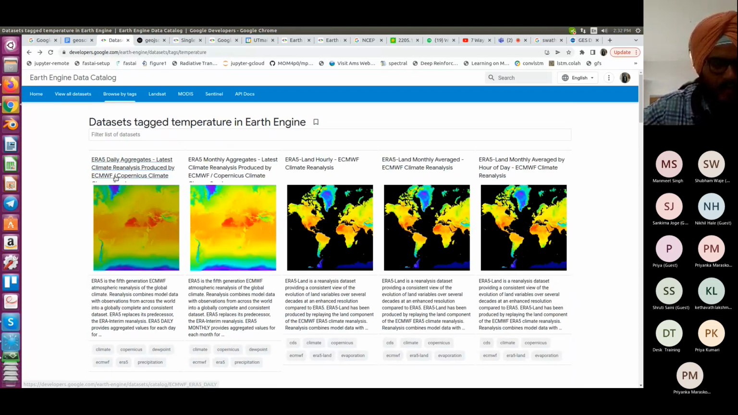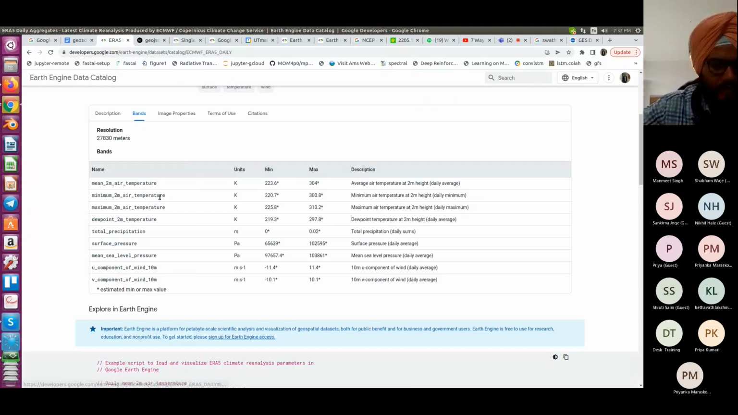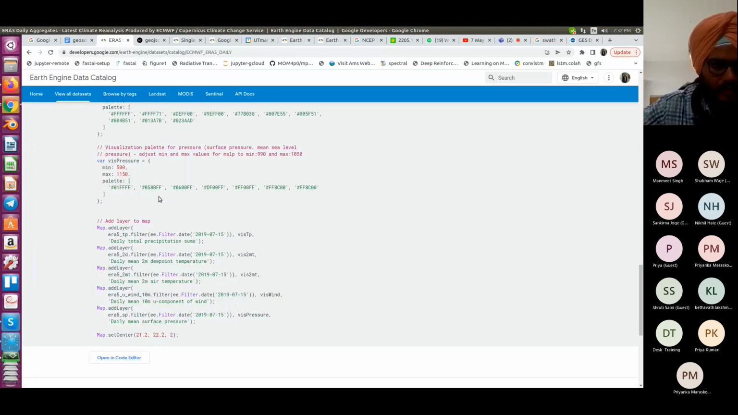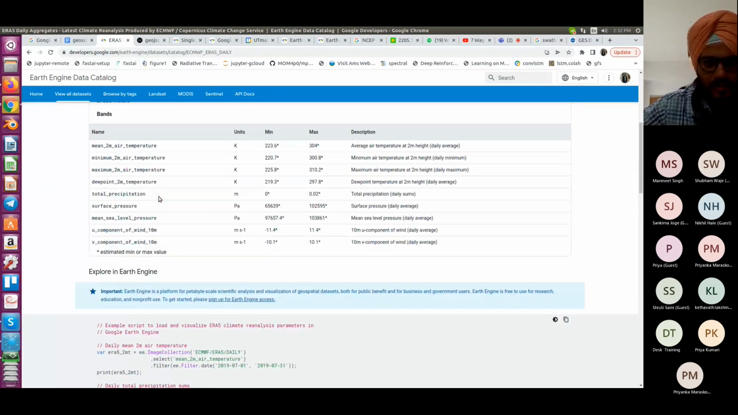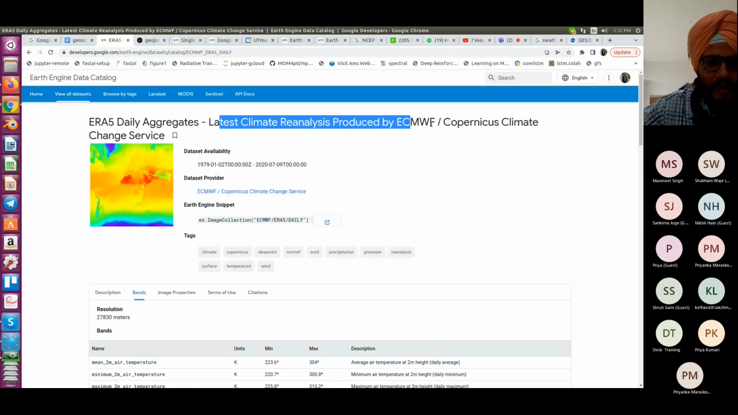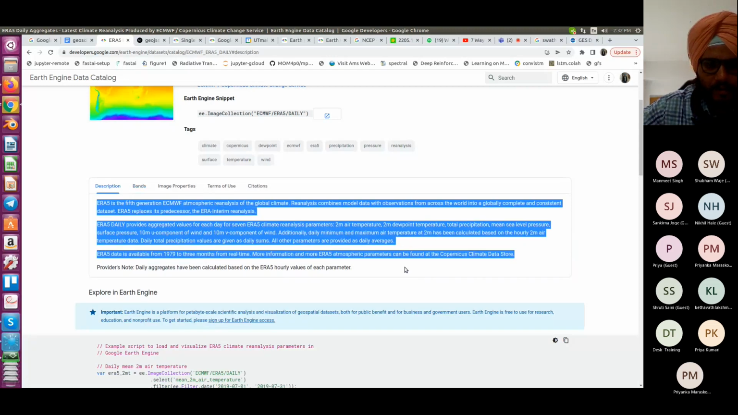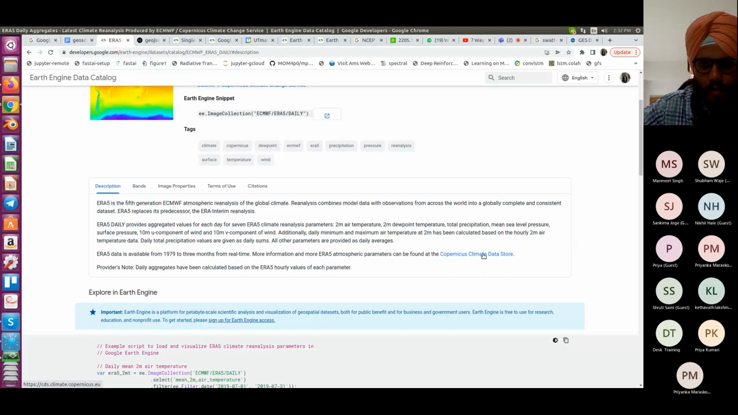So let us see the ERA5. Okay, so this is the page for ERA5 daily aggregates, and you can see here in the description, they provide a brief description of the data. They also provide a link of the original source from where the data is taken, and then in the bands,